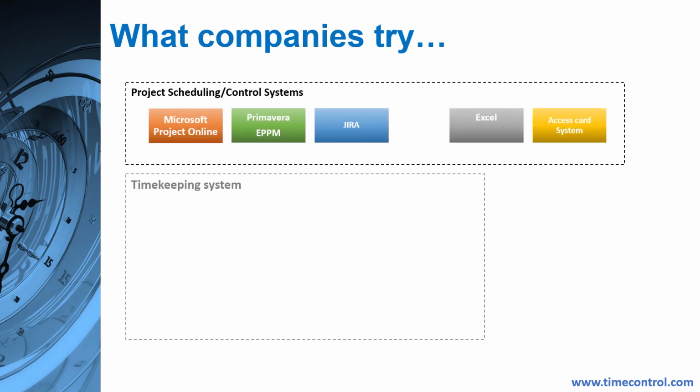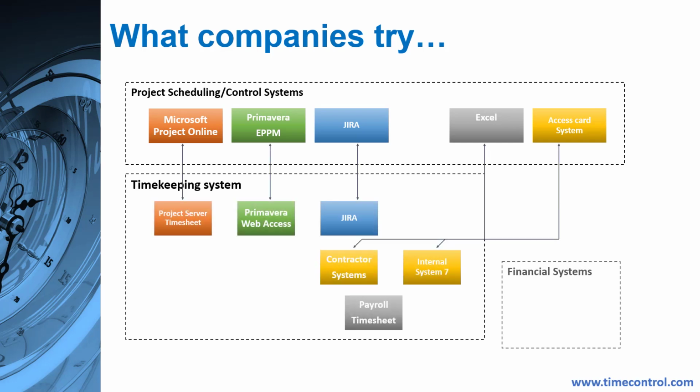Amazingly, and we see this on a regular basis given our industry, but people deploy more than one timesheet. Maybe they're using Microsoft Project Online, and Project Online has a timesheet, so they use that. They say, well, this was great because it automatically updated the time in our tasks. But they also had some developers using Jira, and Jira has its own time updating system, and so they had